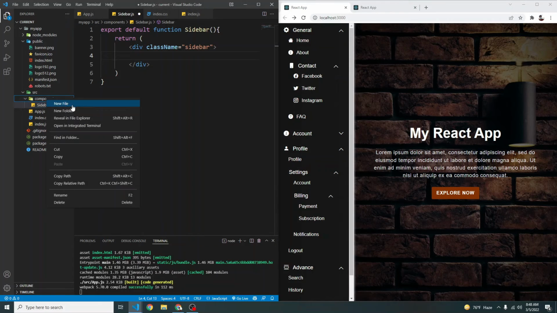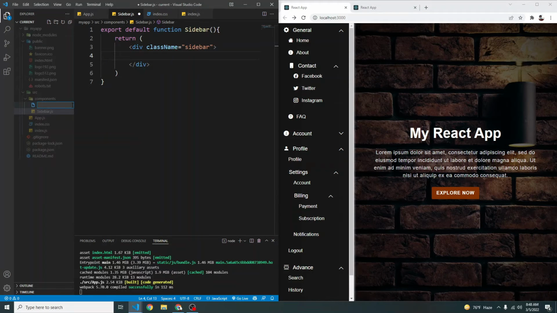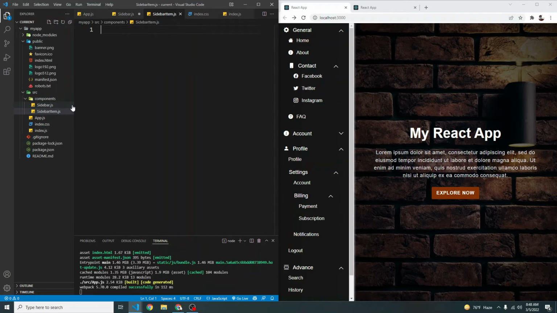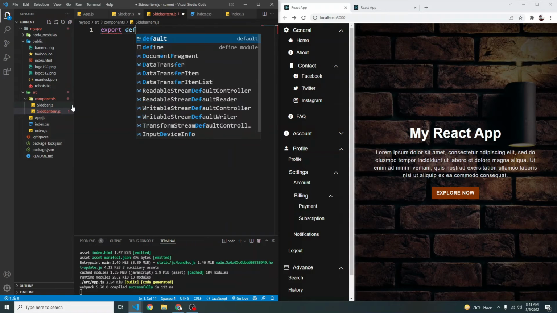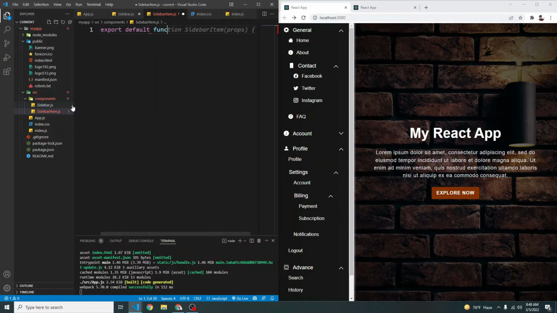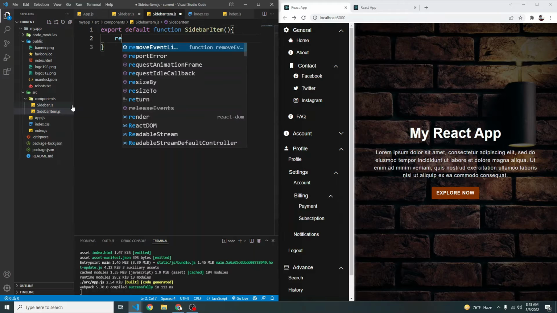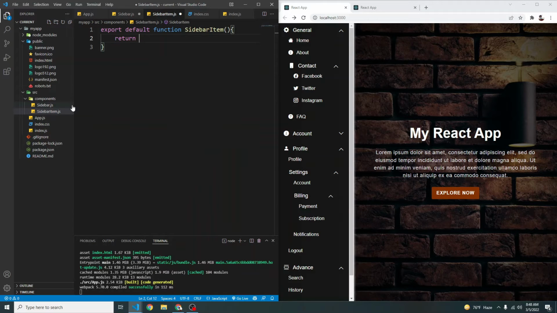So in our components, let's create a new file called SidebarItem.js. We're again going to say export default function SidebarItem, and again we have to return some HTML, so return.